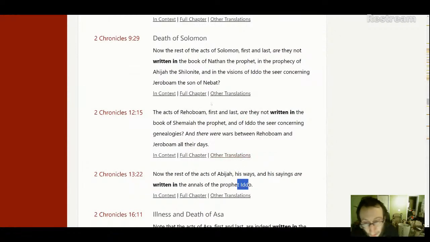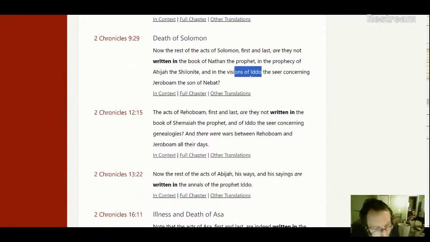So we can use this. We can use the events from Solomon's life, from Rehoboam's life, and Abijah's life to have an idea of what the book of Iddo said. Then we see Iddo wrote about genealogies. So you know how First Chronicles has genealogies in it? Well, it seems like Iddo's book mentioned genealogies. So probably genealogies of David, or who knows, it probably had information about that. And so we can use that for reconstruction purposes.